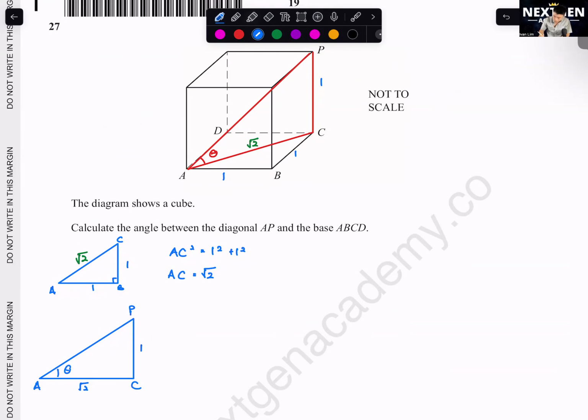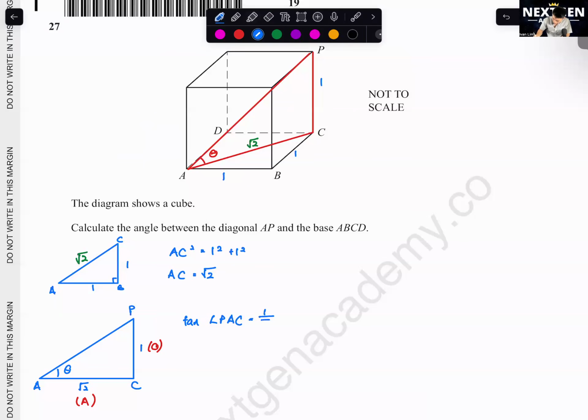Can we find the angle of this? We have opposite, we have adjacent. This is tangent. We write down specifically, tangent of PAC is equal to